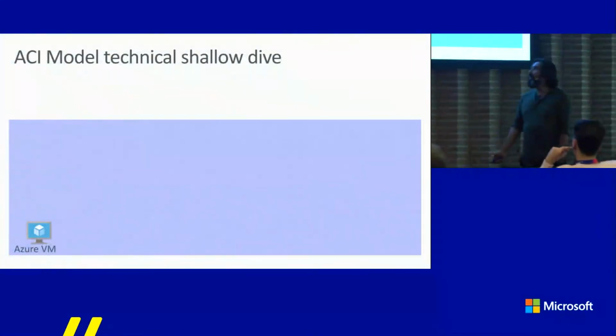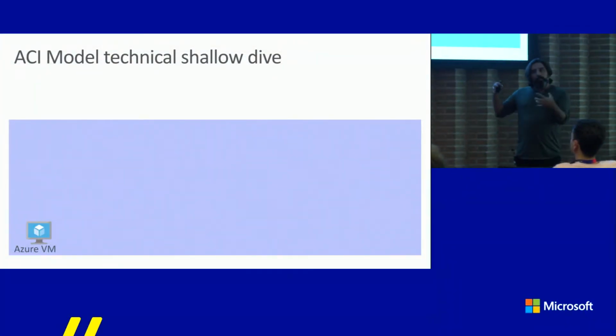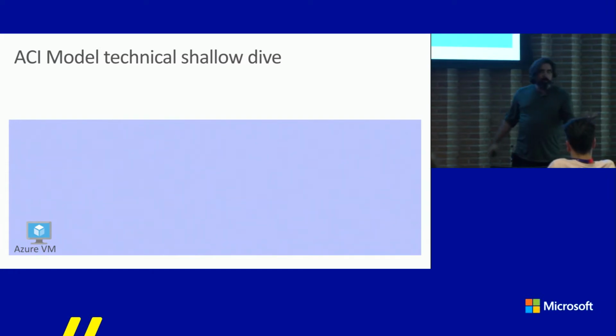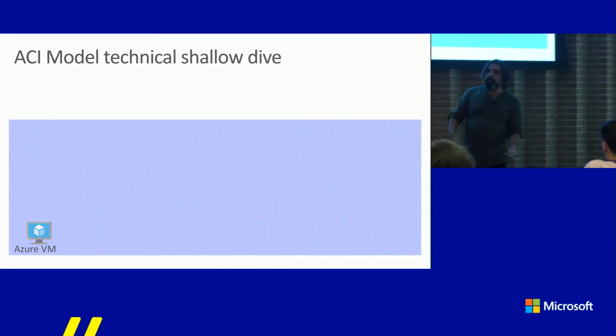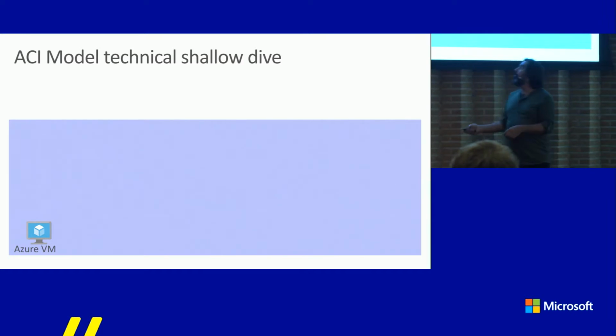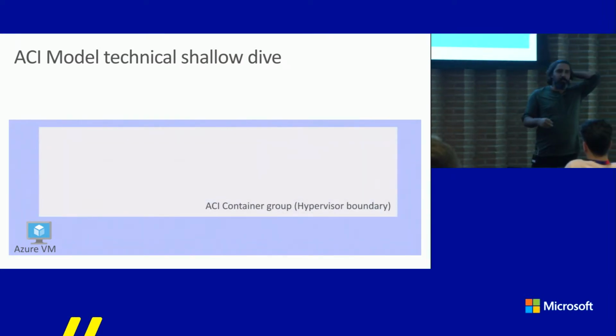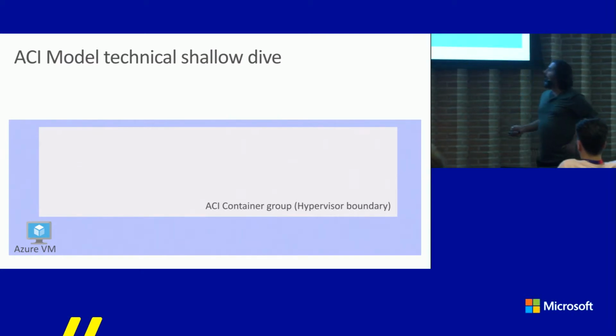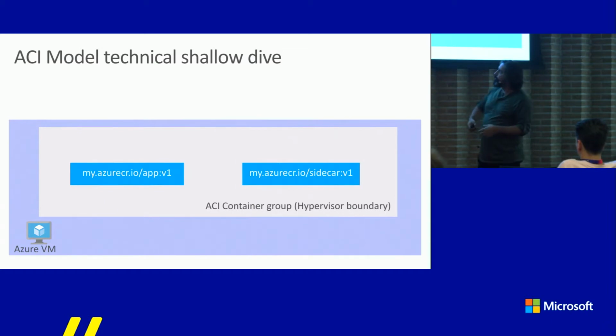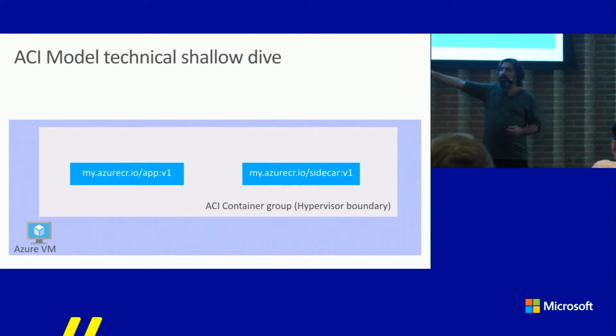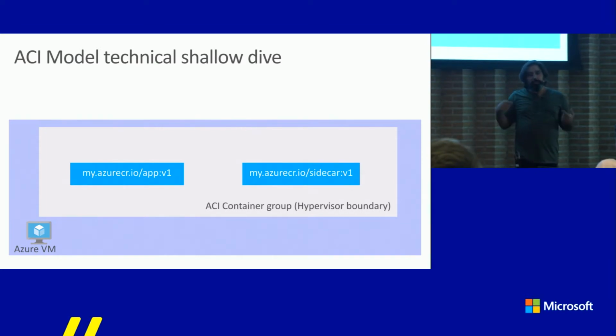So how does it work, really? This idea of having multiple containers in a container group, for somebody that knows what Kubernetes is, kind of reminds of the idea of a pod. In fact, that's how it works. We have pre-provisioned resources in Azure where we run this stuff. So we create a container group when you request one, and we run your containers in there. And the containers can talk. You can see it in the demo. You can curl localhost and talk to the other container.